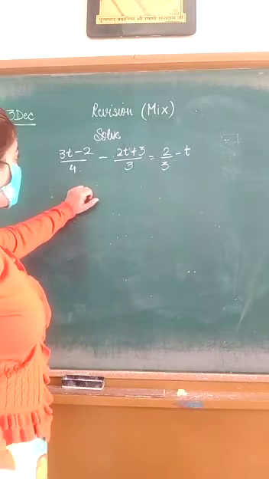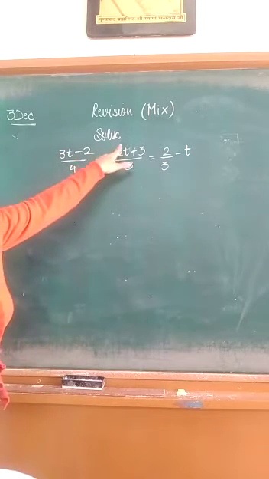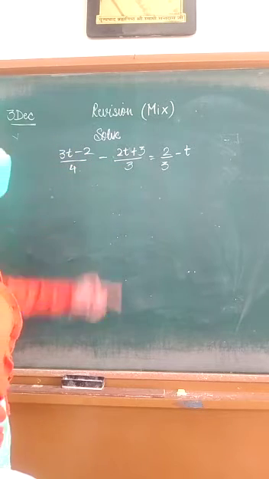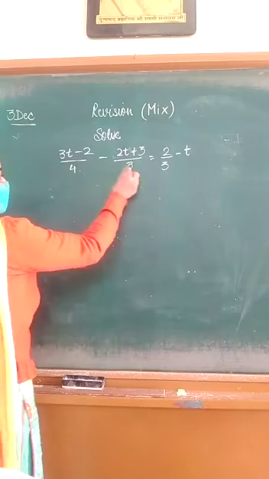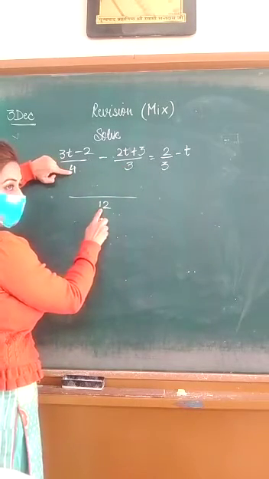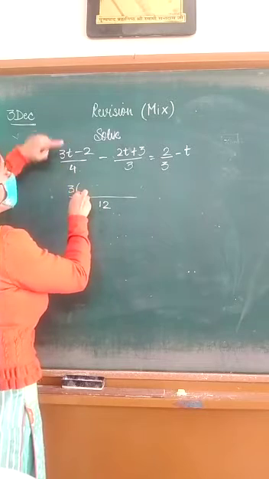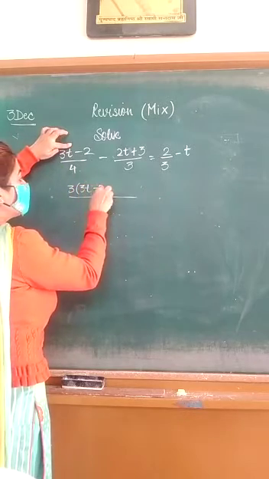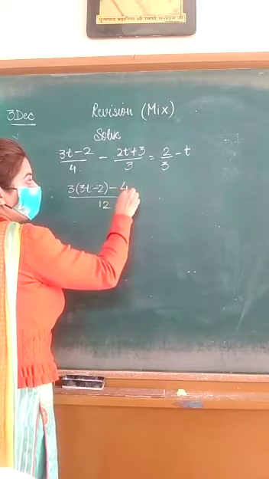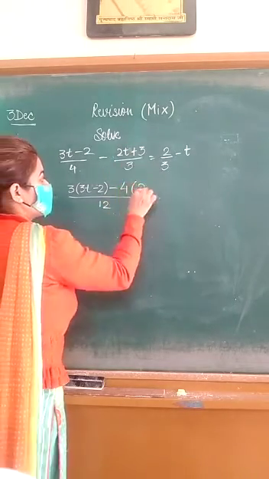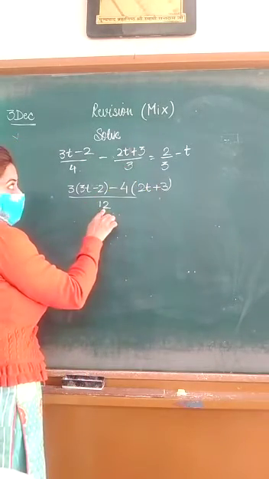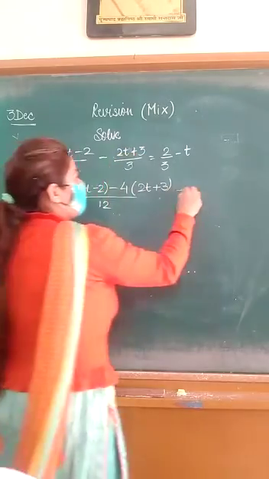Now solve this question. In this you can see that terms are given in the form of fractions, or you can say rational numbers in the form of upon. So you have to take LCM. The LCM of these two numbers 4 and 3 is 12. 12 divided by 4 will give you 3, so 3 will be multiplied with the numerator. I am writing this. 12 divided by 3 gives you 4, and 4 you will write here with this term. Means the quotient of these two will be multiplied with the numerator.